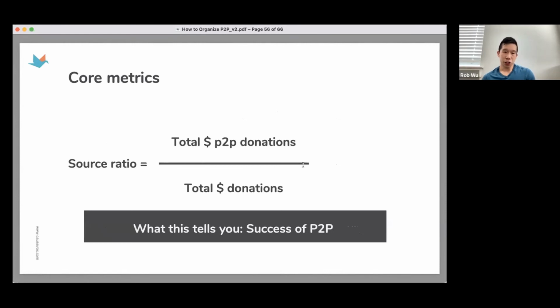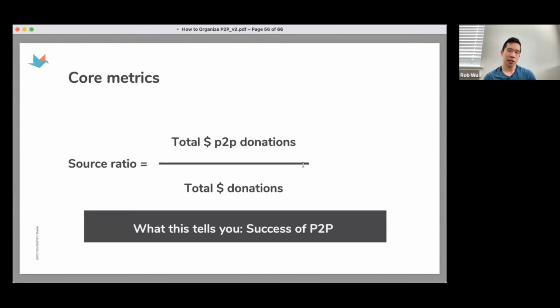The other one that I call is your source ratio. What it tells you is the percentage of donations that came in through peer-to-peer. So what you want to do is add up the amount of peer-to-peer donations, like the dollars that are sourced through peer-to-peer pages, such as personal pages and team pages, and divide that by the total raised in your peer-to-peer campaign. And this will tell you, hey, 50% of our donations came in through peer-to-peer pages on our campaign, or 90% came in through peer-to-peer. That gives you a sense of how successful this social fundraising aspect is when it comes to your fundraising initiative.